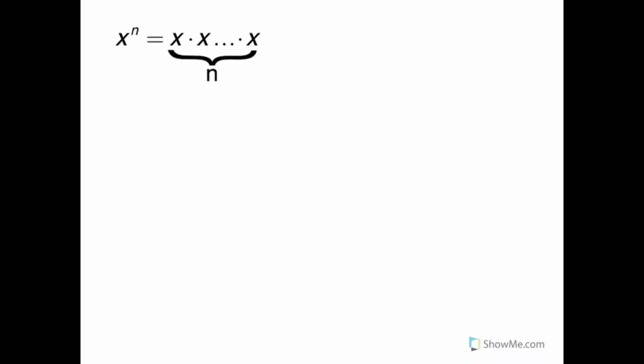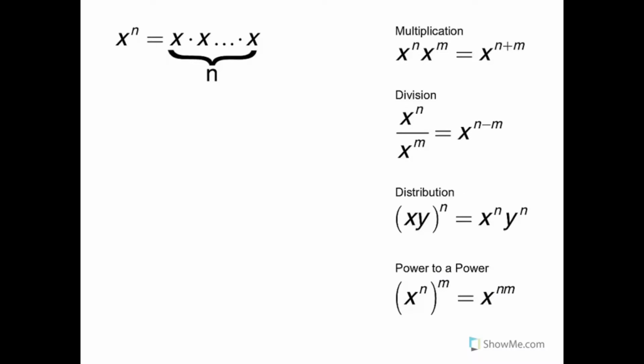We used the definition to derive some properties, and we can use the properties to simplify exponential expressions. Now we're going to do something really mathematical and use the property that we derived from the original definition to extend the definition to include negative exponents and zero as an exponent. And we're going to do it like this.